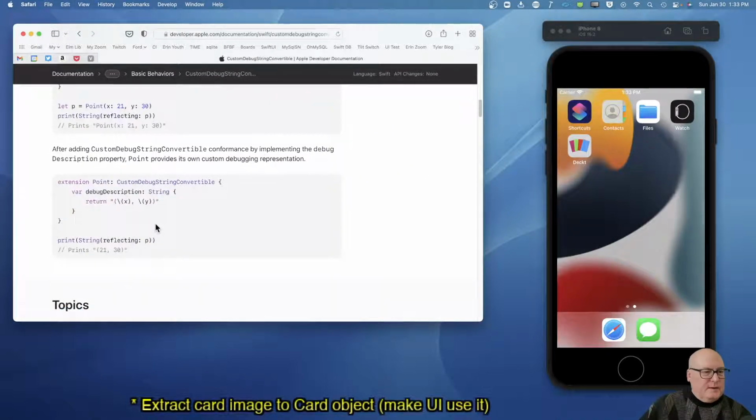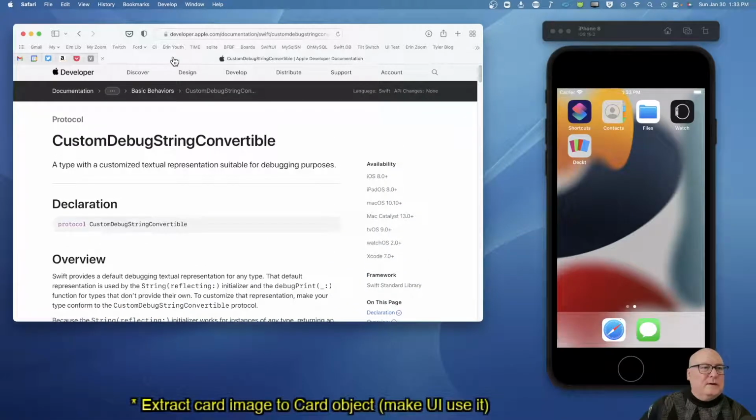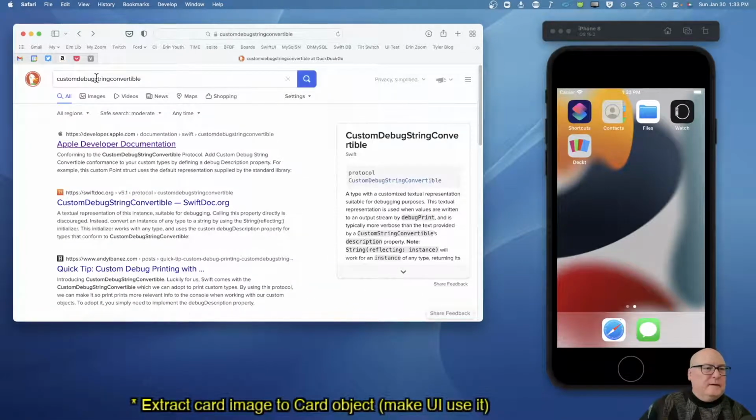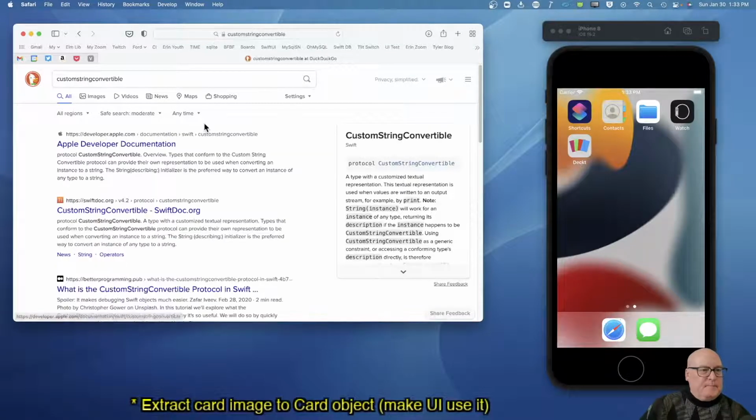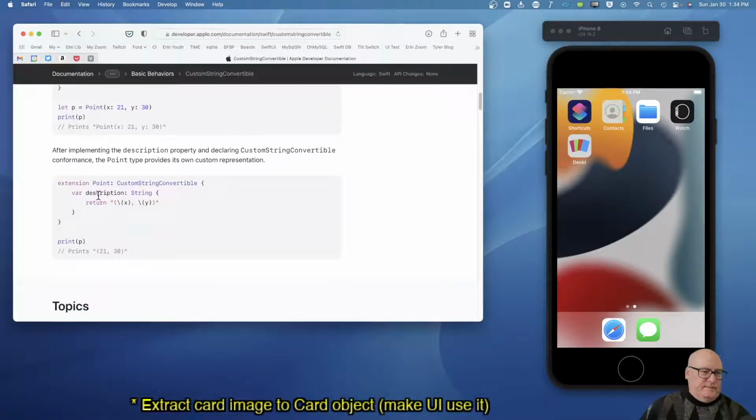Conforming to this protocol, we have to have a debug description. CustomStringConvertible may be more appropriate for us, I think. We have to have a description field. Yeah. Okay, so if we conform to this,